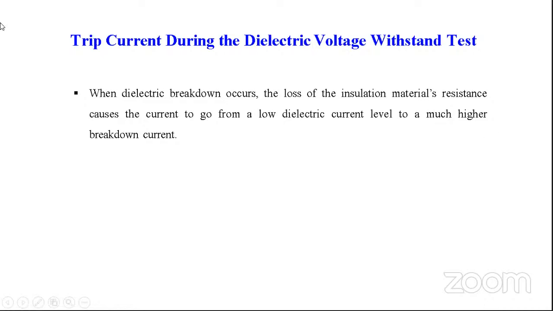When the insulating material's resistance breaks down, it causes the current to go from a low dielectric current level to a much higher breakdown current. Suppose we place an insulator between a voltage source. In normal condition, what will happen? The insulator basically offers very high resistance,